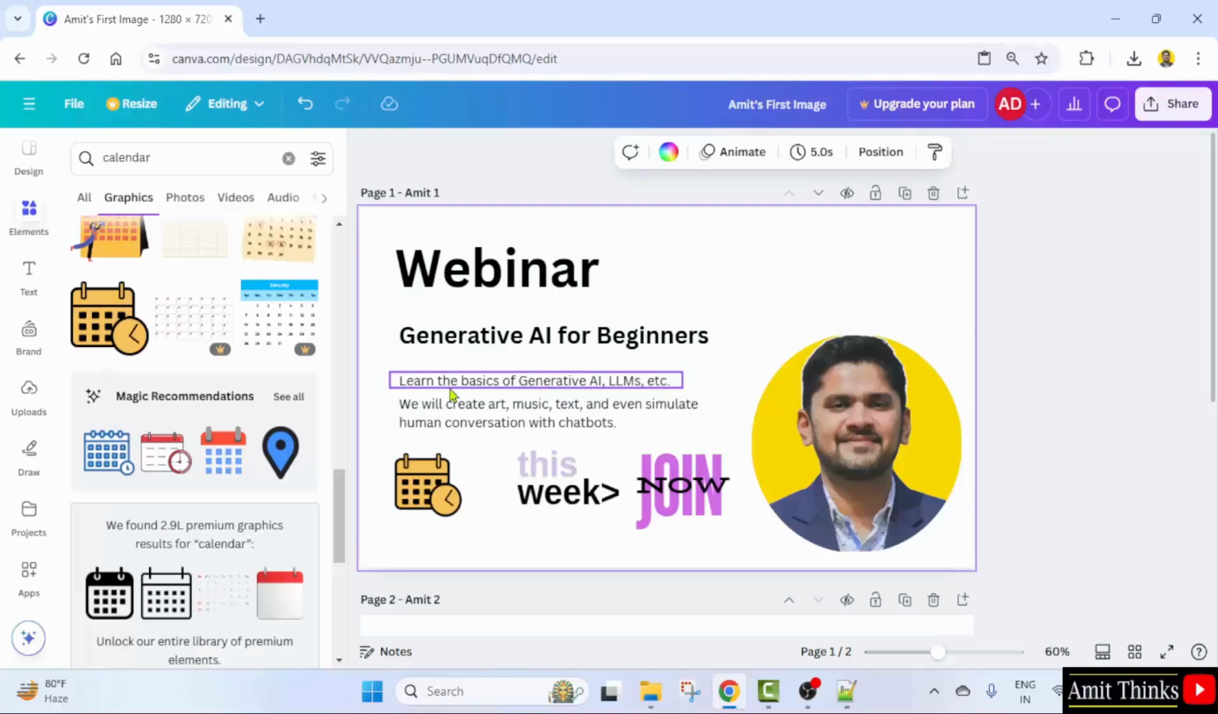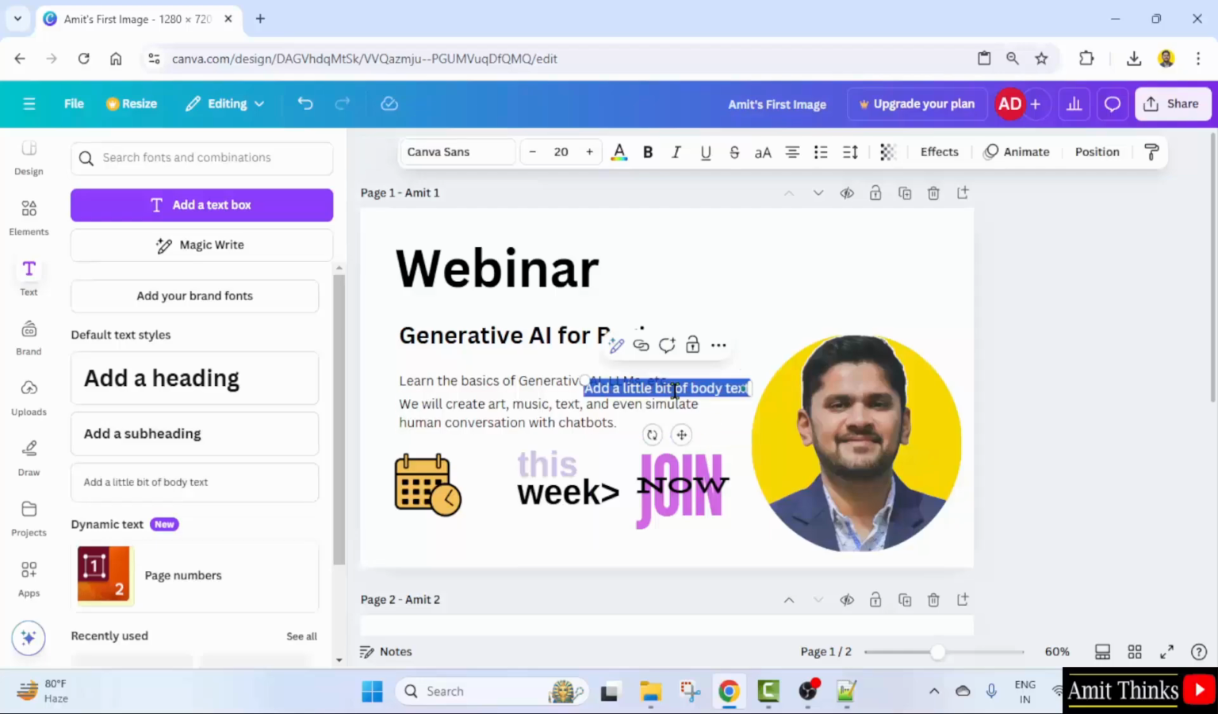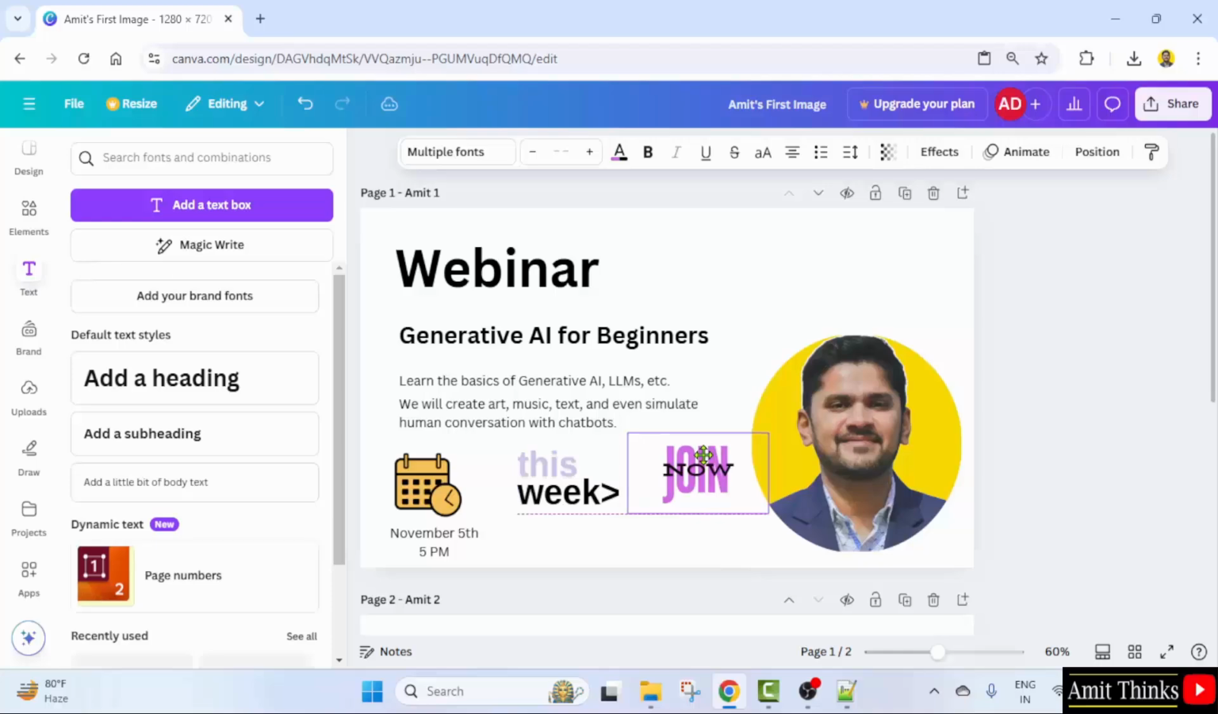For that, I can just go to the text and click on here. Timing, I'll mention, let's say, November 5th, 5 to 6 p.m. I'll just select it and place here, or I can just mention 5 p.m. Okay, November 5th, correct, 5 p.m. Okay, or I can also reduce the size of this and keep it here, this week,